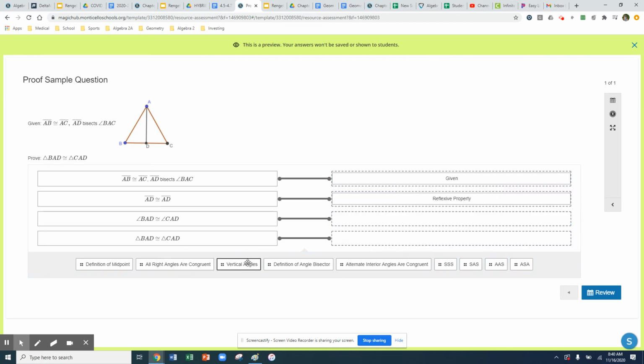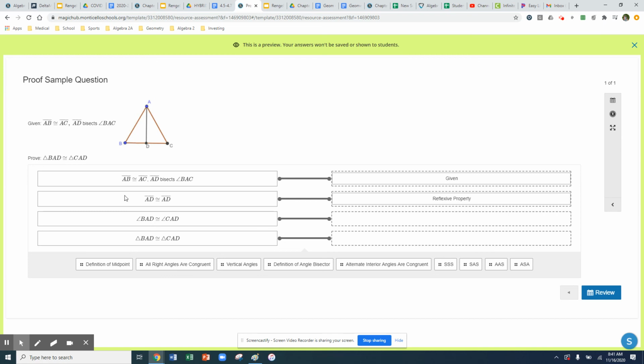I know these are kind of small for you to see down there. Now, the only unfortunate thing is now we don't have the markings that we can do, but if you want to, you can just sketch this out on a piece of paper, mark, so you get 3 things, and then make sure those 3 things are in one of these orders. But so far, we've got a segment right here that's congruent, and then we've got AB is congruent to AC, so we've got another side up here that is congruent. Now, AD